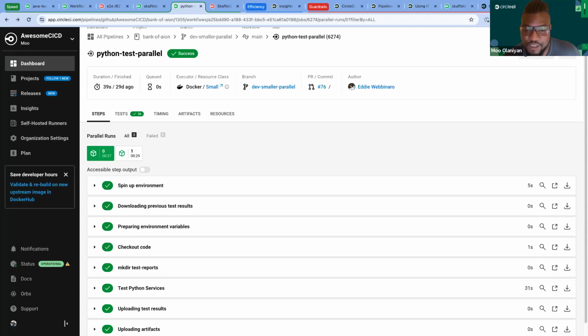Sometimes you just have a real large test suite and it's the bottleneck in your pipeline, and all of a sudden you're waiting 30 minutes for these tests to run. What we have is a really cool feature called parallelism, which allows us to replicate our testing environment as many times as is necessary to get the job done quickly and efficiently.